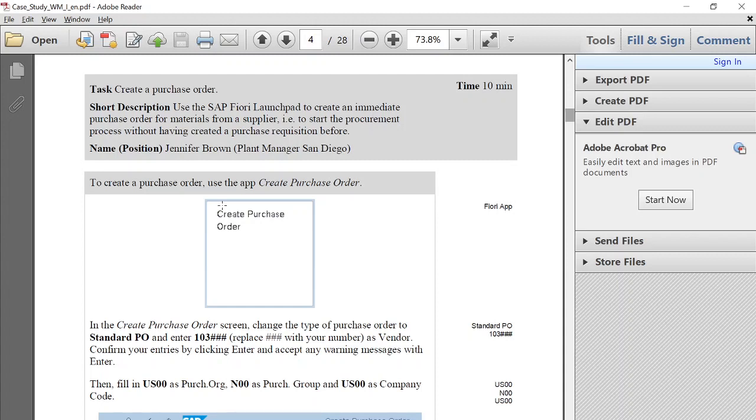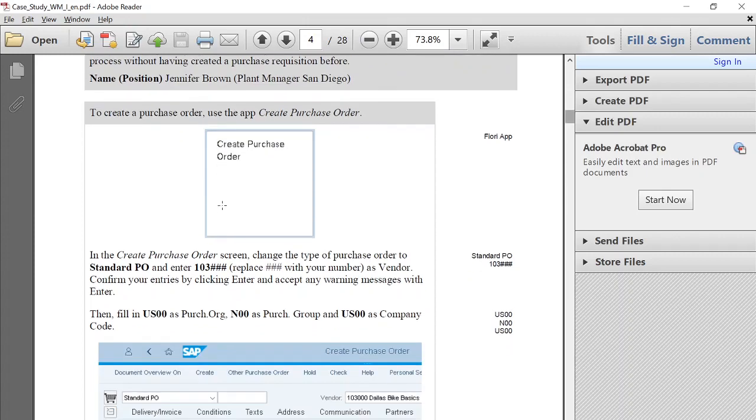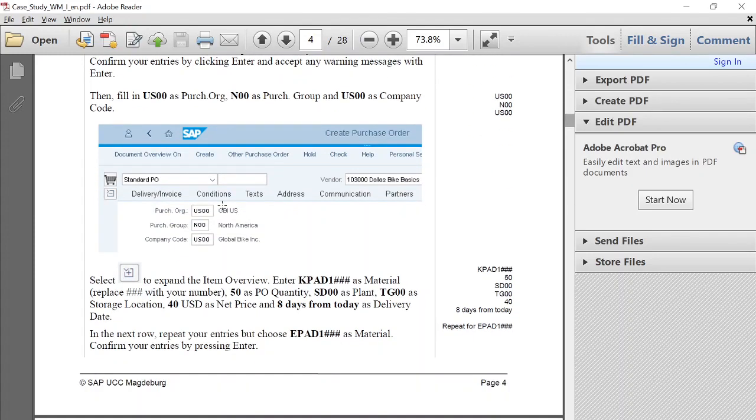Then you need to fill in the purchase organization, purchase group and company code. Moreover, you need to order around 50 KPAD, and they have given you the details of the storage location where they will arrive, $40 as the net price, and 8 days from today as the delivery date.